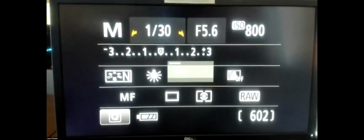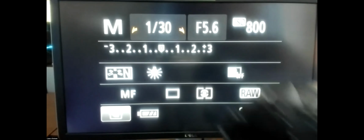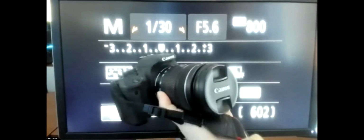Okay. So today, we're going to talk about some video, color correction, and other such cool things that you can do with cameras. So I have this beautiful little Canon right here. We have a whole bunch of these. This is a